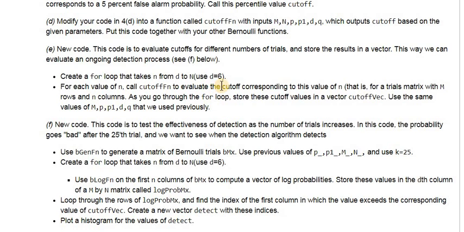Right, you're going to call cutoff fun to evaluate the cutoff corresponding to this value of N. In other words, you're going to replace big N with little n in the function call. And you should store these results in a vector cutoff vec. And so you'll use the other values as we used previously. All right, and then this code is going to make use of this cutoff vec